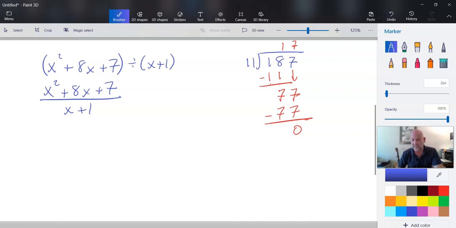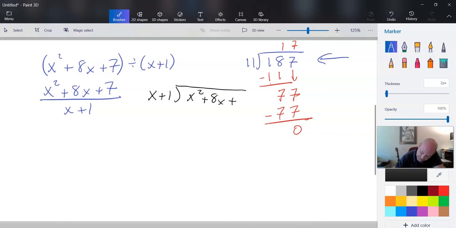The way we're going to work this out, though, is this way. So let's take a look at this. We have x plus 1, and we're going to divide that into x squared plus 8x plus 7. Okay, so